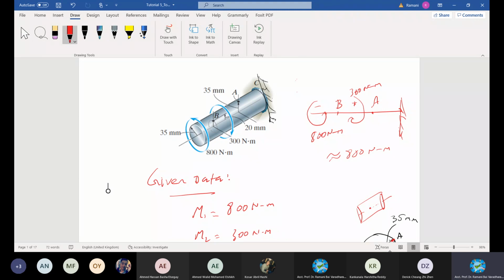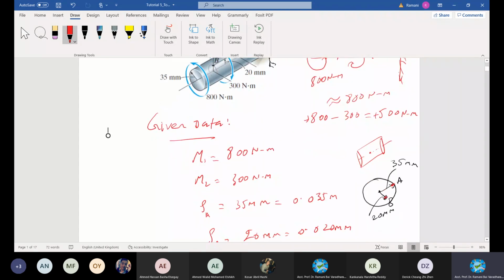Nearing A, there is another moment coming over. So you will have less 300 because it is negative, anti-clockwise, while this is positive. So the net value acting at this point will be positive 500. Nearing A, it will be 500. After this point, it is less 300. So moving until the support, it will be carrying the value of 500 or relatively equal to 500. The sectional member will be subjected to this type of loading. Any question here? Do you understand the distribution of the torsional moment?